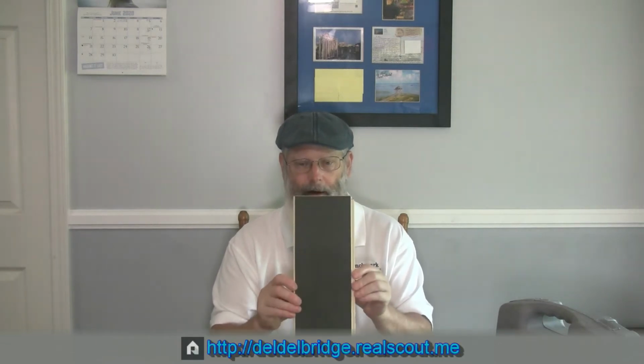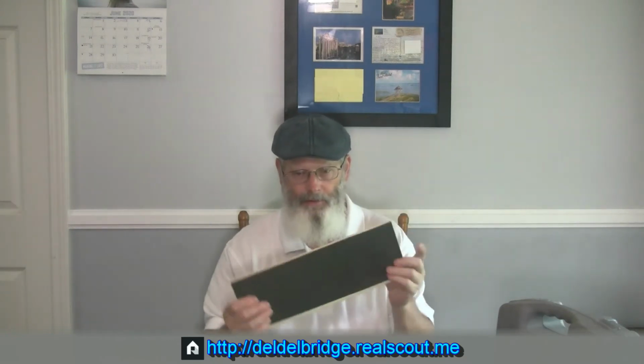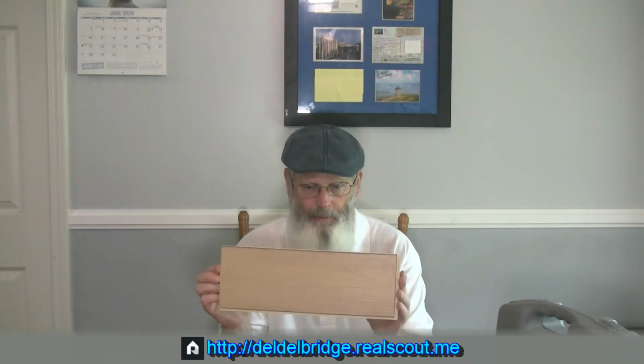This particular piece has a little bit of texture. It has a little bit of thickness to it, and of course this particular one has a little bit of a cushion in the back. Now I bought this at Lowe's, the big box store, and prices for this stuff seem